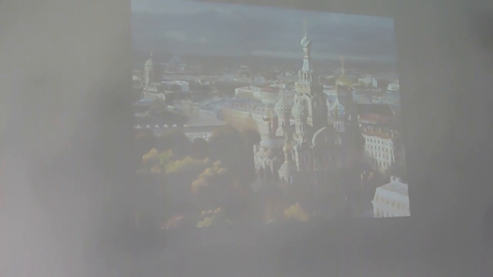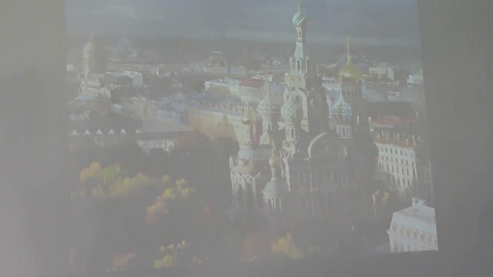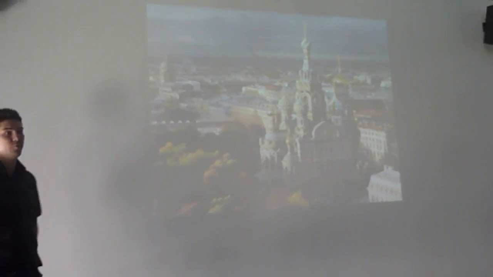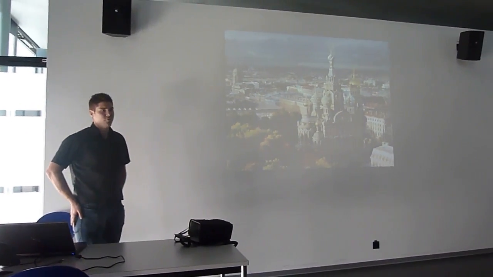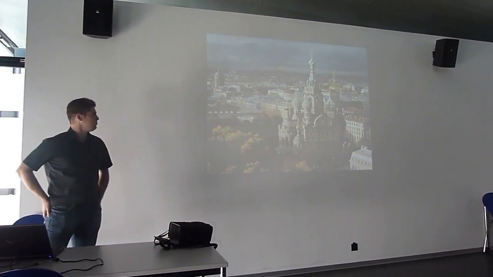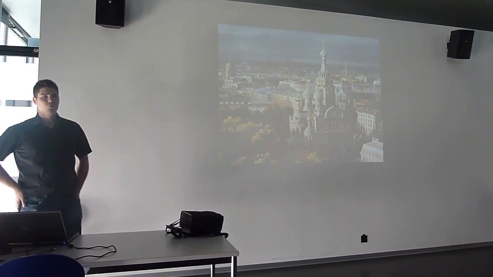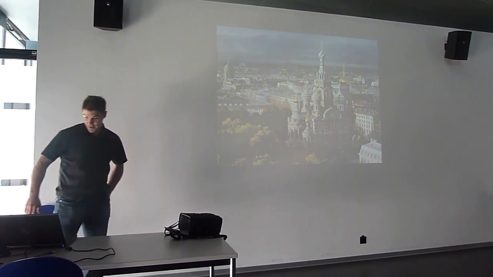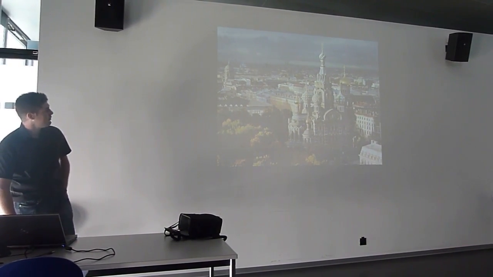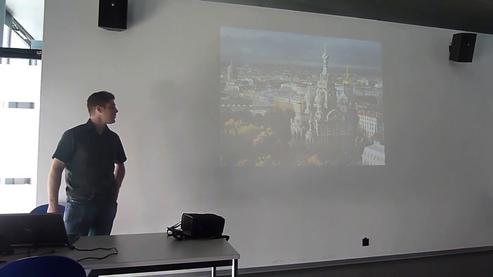So St. Petersburg is a city of rich cultural heritage, of many museums, many beautiful galleries. You can really see a lot of cultural heritage there. And it's also well known for pretty good food and pretty good restaurants. And in particular, when I visited this place in December, the restaurant I visited was this one. It's called Dans le Noir. So for non-French speakers, it means in the dark.